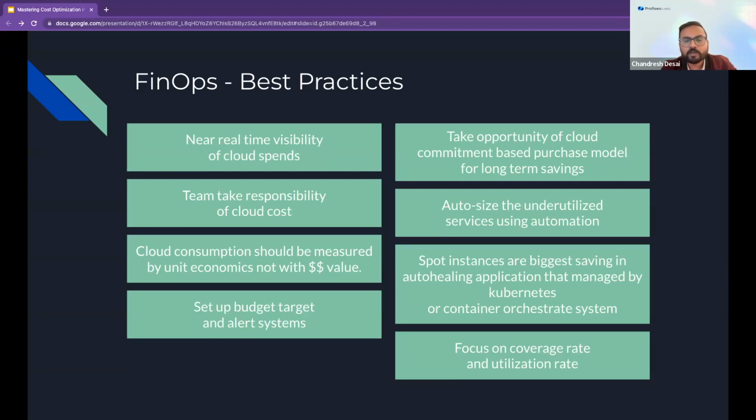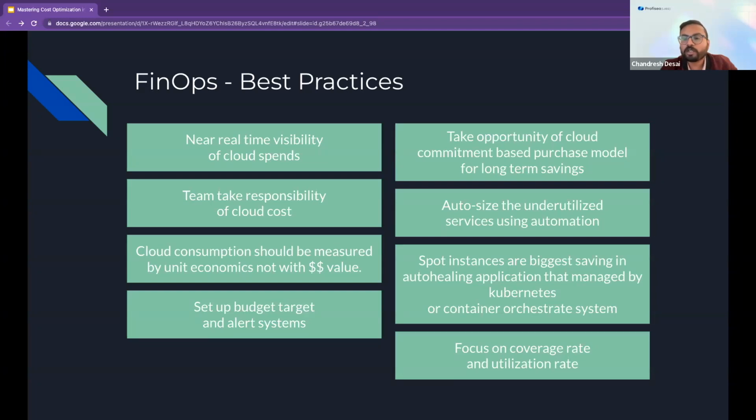And the last one is to focus on the coverage rate and utilization rate. As I mentioned earlier, if you already have reservations or Savings Plans, how do you know your coverage rate and utilization rate? This is very important, because some companies create reservations for EC2 instances and then don't use them, so all the savings go to waste.